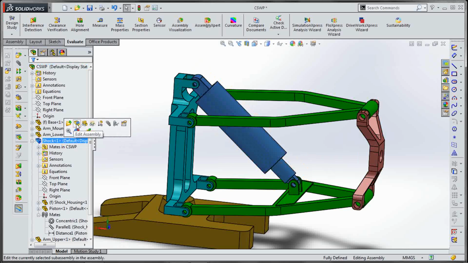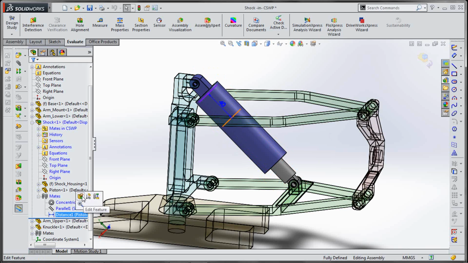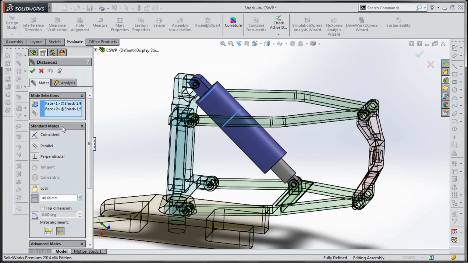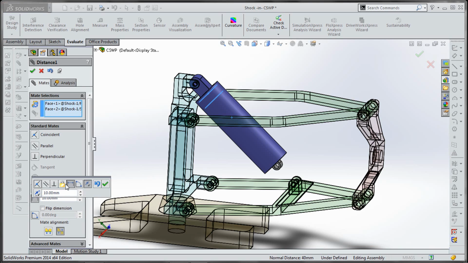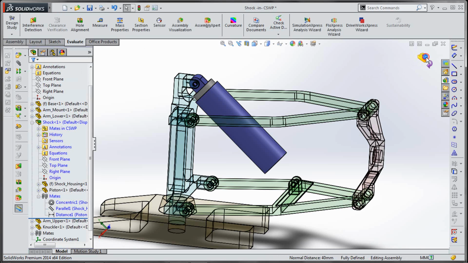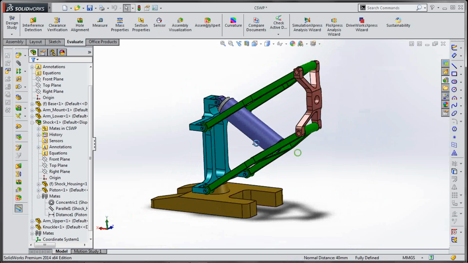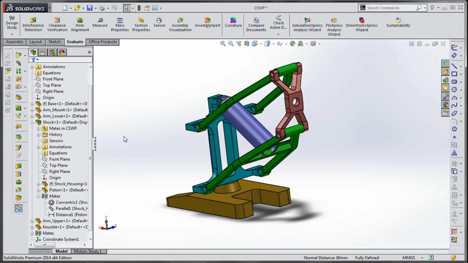So go to Edit Assembly and Edit Pitch. And we have to change or flip the dimension like this. Just rebuild, and everything is in place.